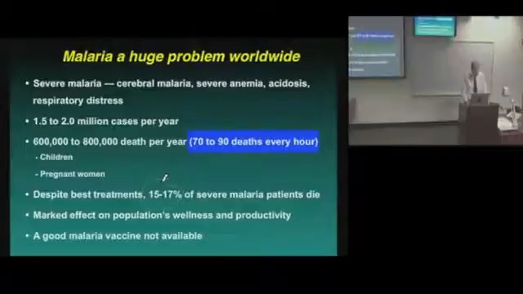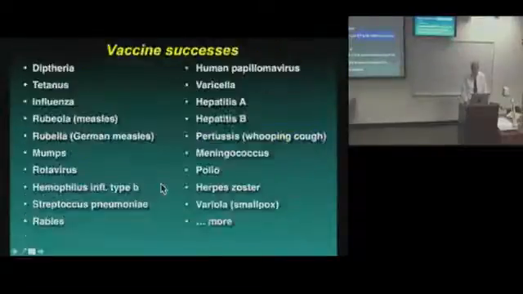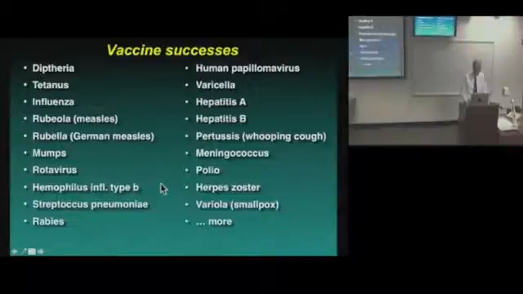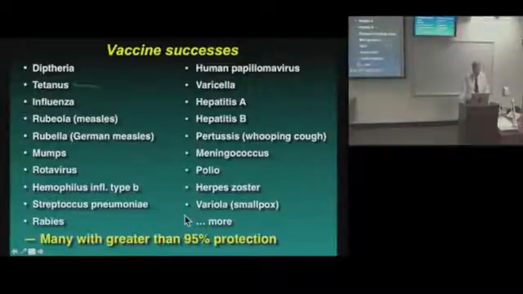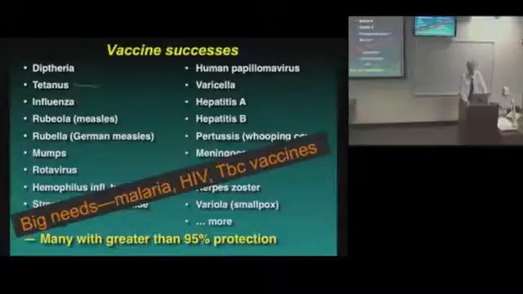And importantly, there's not a malaria vaccine available. We sometimes take for granted how vaccines are so important to us all over the world. And I just list several vaccines that are available. Many of them are outstanding. Some of them are not perfect, but if you just think about a few of them here, like tetanus vaccine, measles, mumps, polio, herpes zoster, etc., strep pneumonia. These are really good, and some of them are not fully effective, but many of them offer greater than 95% protection. However, there is a great need for other vaccines, and leading the list are really HIV, malaria, and